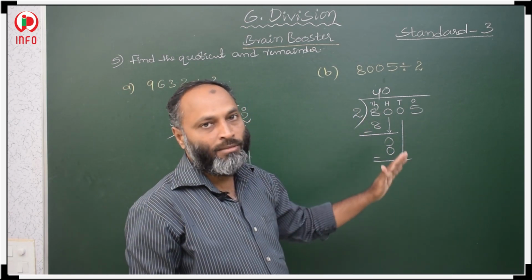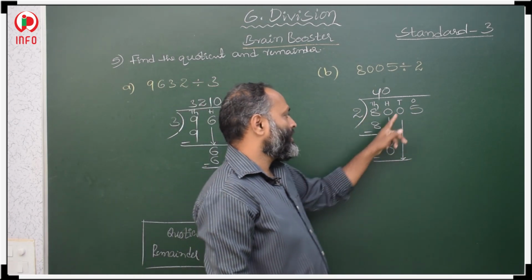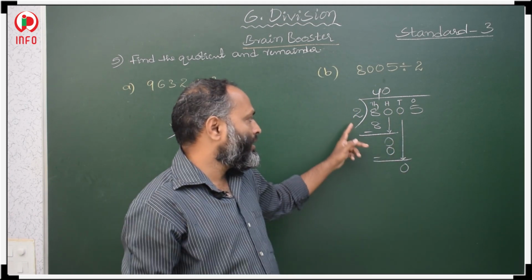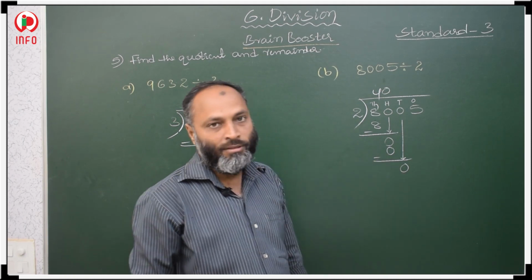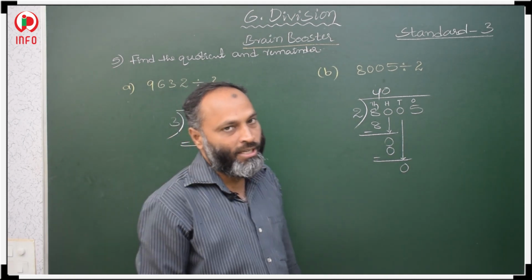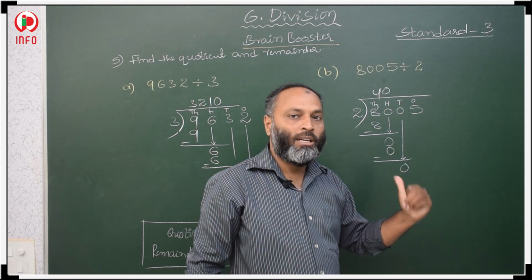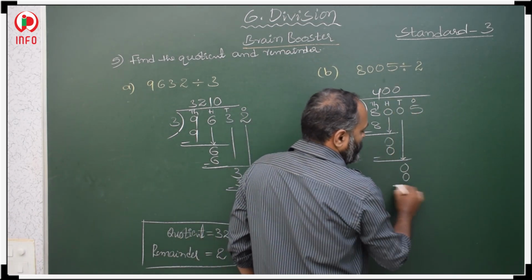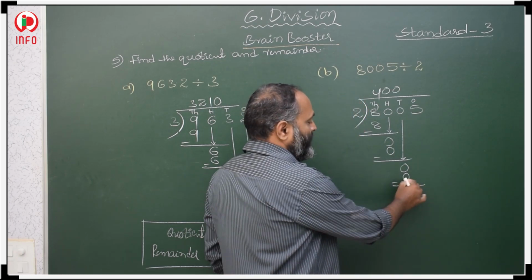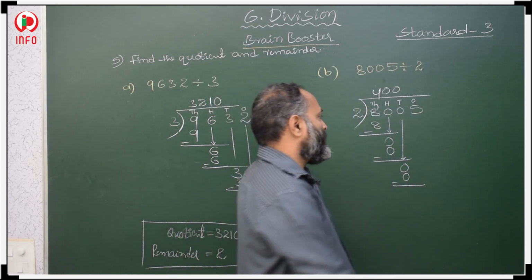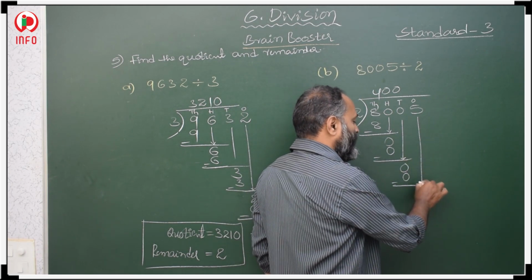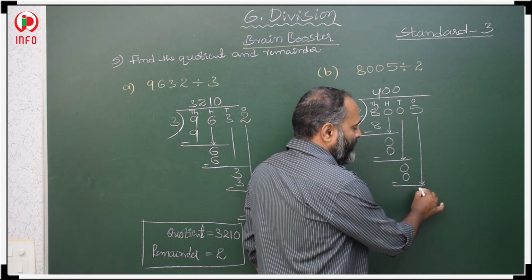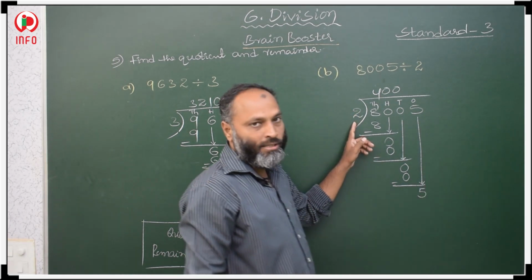You copy the next place, that is the tens place. What is there in the tens place? 0. Copy that 0. Again 0 is there. So we check when we will get 0. Again the same thing, 2 1s are 2 is greater than this 0. So you have to take 2 zeros are 0. 0 minus 0, difference is 0. No need to write it. Next we have to copy the next place, that is the ones place. Now we divide the ones place by the divisor.